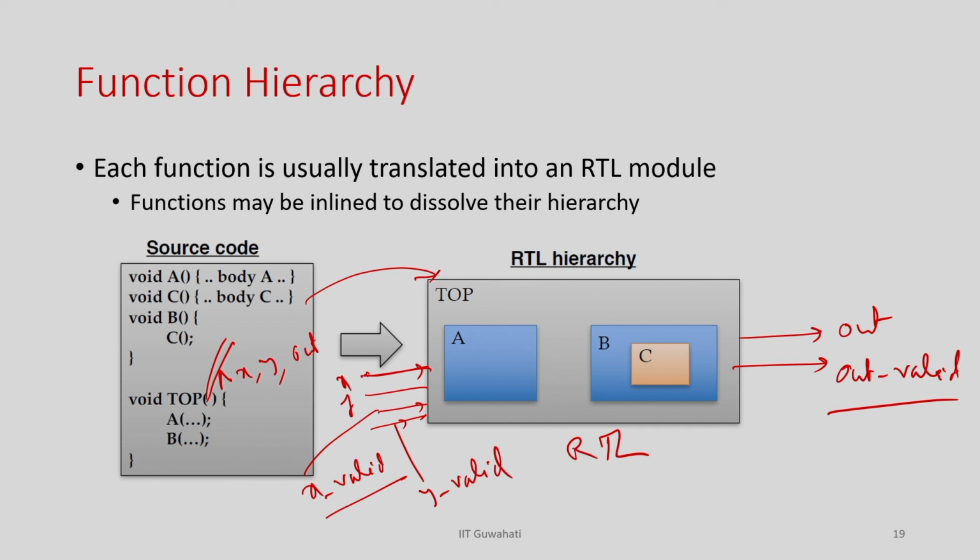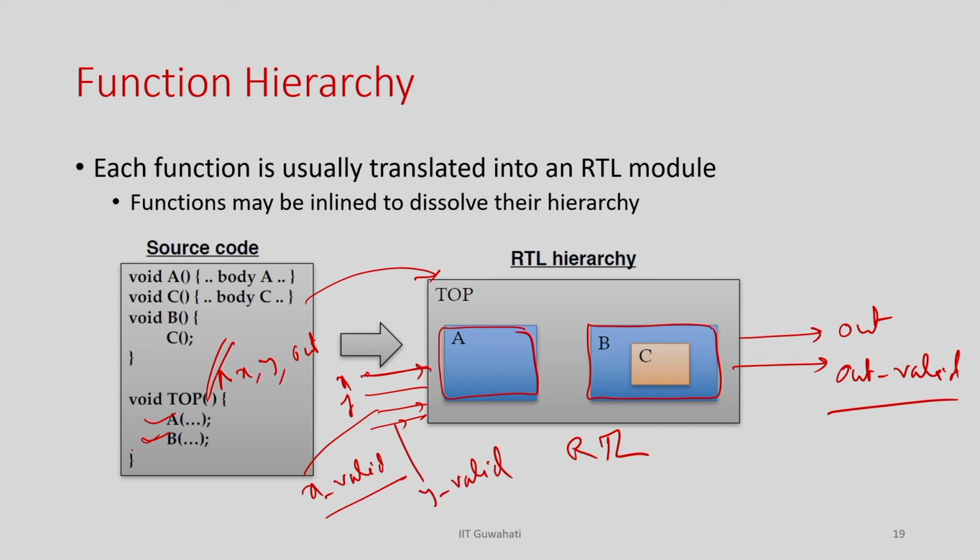Whenever there is a function, it creates a module. For example, if in the top you have functions A and B, it will create a module A which will implement function A, and another module which will implement B. These functions are invoked by instantiating the modules in the top level. In the top level I instantiate module A and module B and connect them with the proper control signals and values, so that A can perform the desired operations.